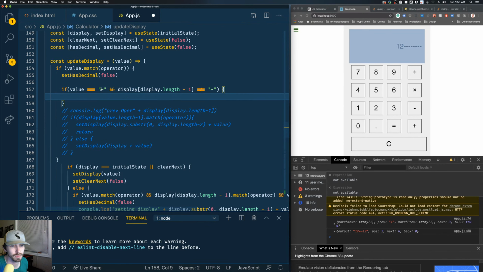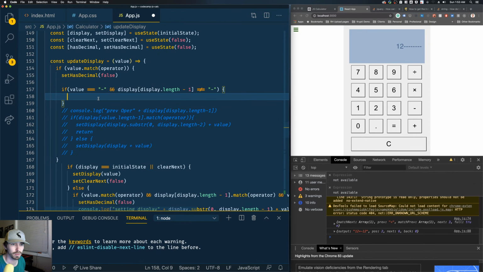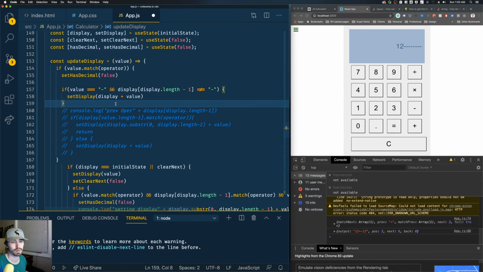Value equals minus and display length. Then we will do the normal set display, right? Otherwise,